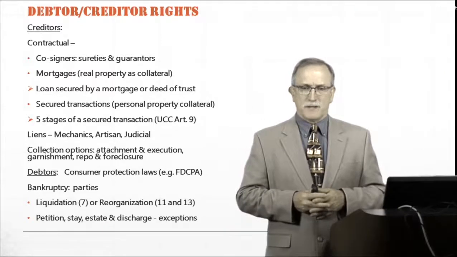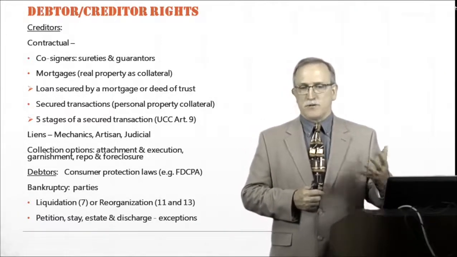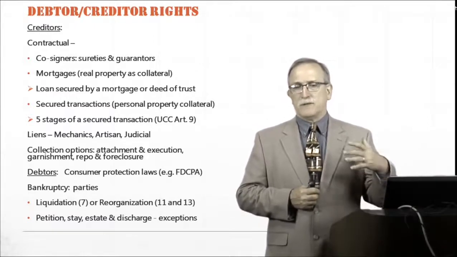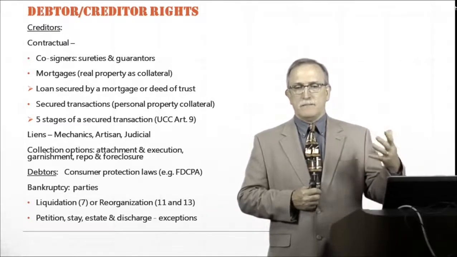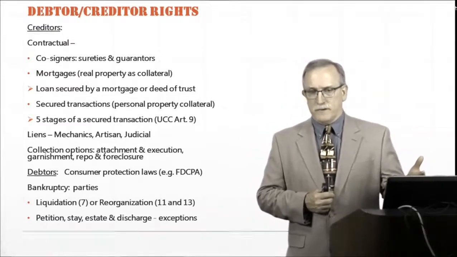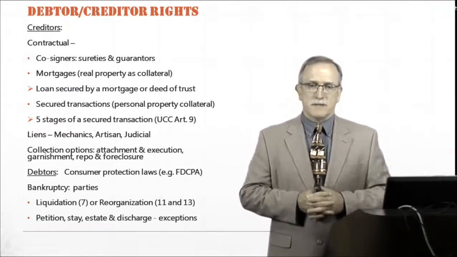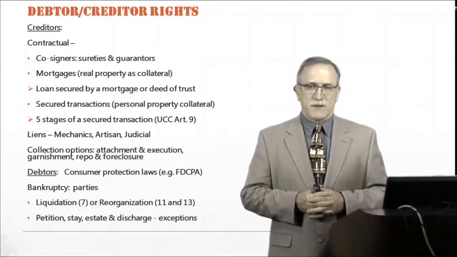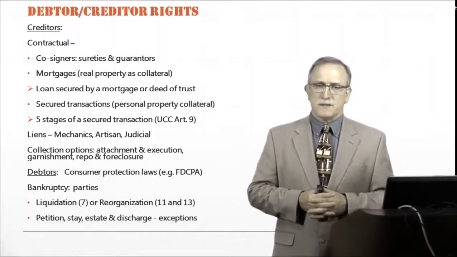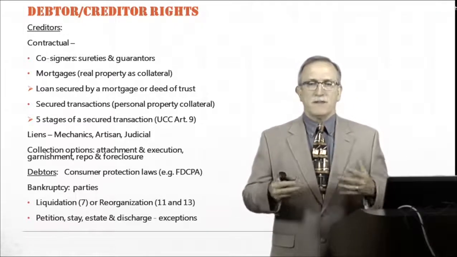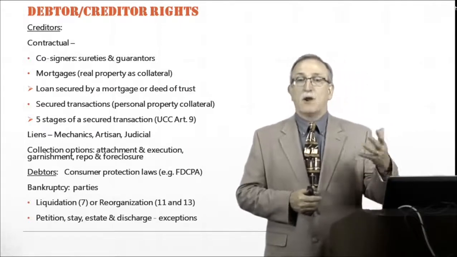But a typical scenario is that you'll have a loan agreement that will describe the name of the debtor and describe the collateral. This will then be filed with the state under the UCC Article 1 form filing. In the state of Washington, the Department of Licensing is where you file it, which is kind of unusual. Some states it's the Secretary of State's office. So you file this, and the idea is that it's just a notification that you have priority over that